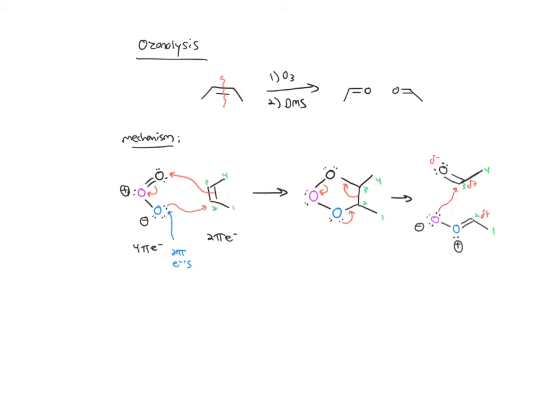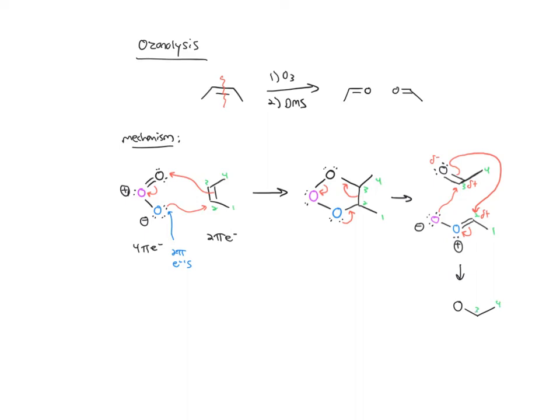Then we're going to break the pi bond up and we're going to go through that oxygen all the way to carbon 2. So that black oxygen is going to be connected to carbon 2, and then we're going to dump those electrons from between carbon 2 and the blue oxygen completely onto the blue oxygen. And so that's our recombination step. And what we're going to have, we're going to draw in that black oxygen at the top. It's carbon 3 and 4